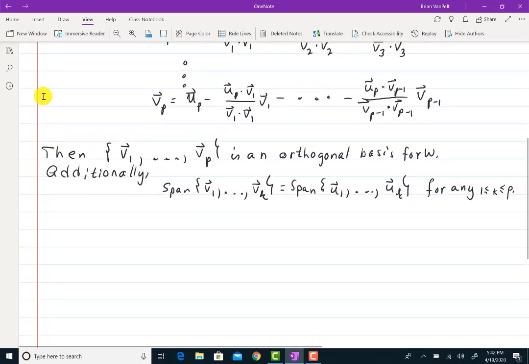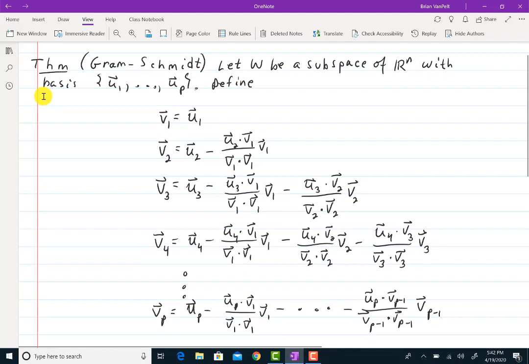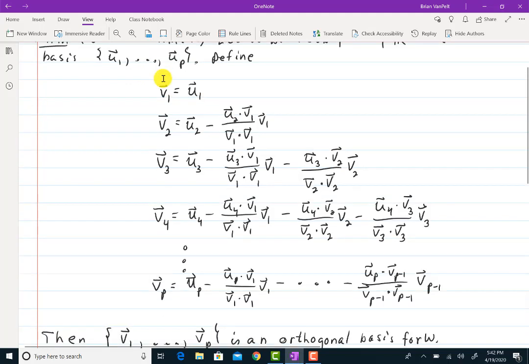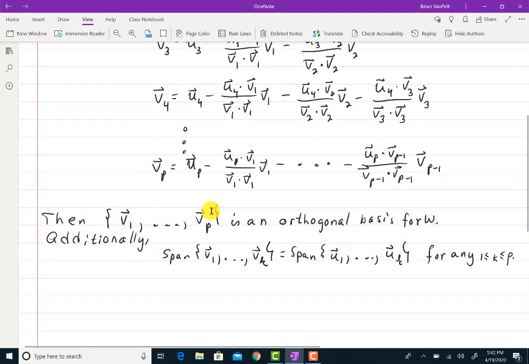I want you to understand what we're doing here. We're starting with a subspace of Rn. W is any subspace. From that, I'm going to be able to take a basis for it and turn it into an orthogonal basis. You saw how many computations were simplified by that. So having an orthogonal basis is very useful. So I can create an orthogonal basis, and not only that, the span as I create them will stay the same as the span of the u's up to that point. So the span of v1 will equal the span of u1, the span of v1, v2 will equal the span of u1, u2,